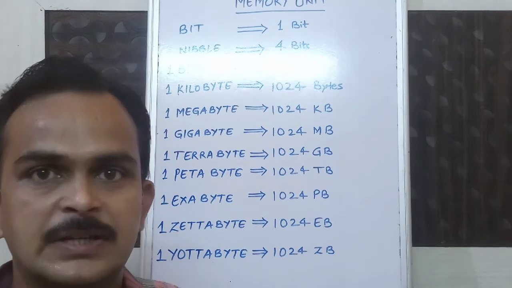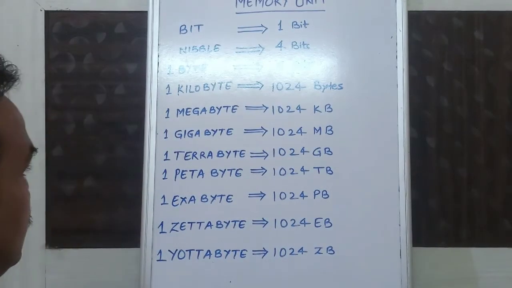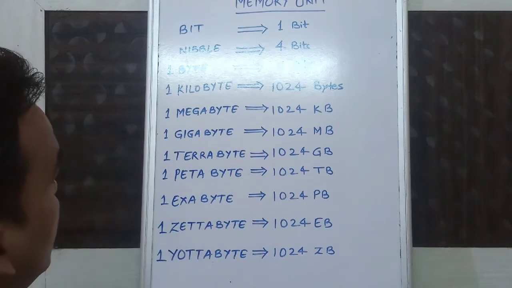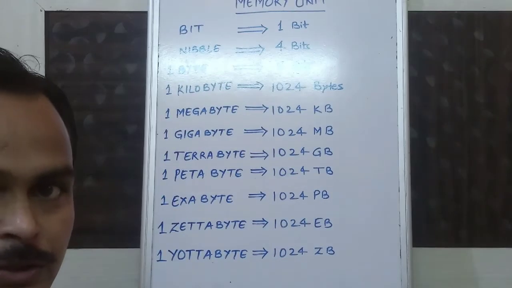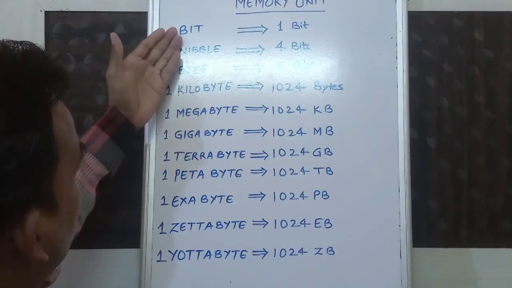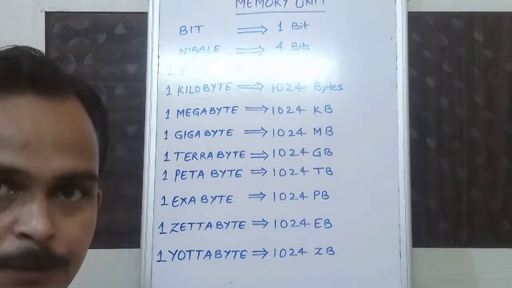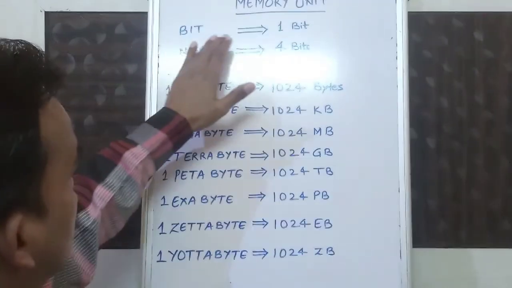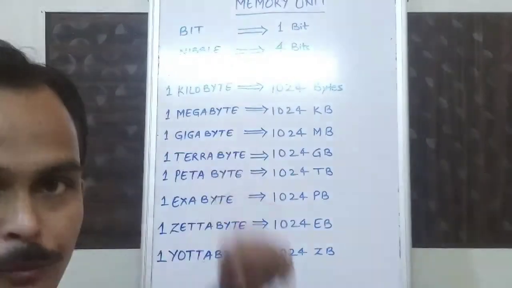So let's take the structure of the memory units, and here there are some kinds of storage units. On the basis of these storage units we can store our data in the computer system. So first we are seeing here it is a bit. Bit is basically a short form of binary digit. It is basically a single number or single literal, that may be a 0 or 1.